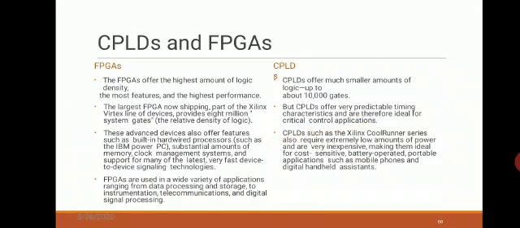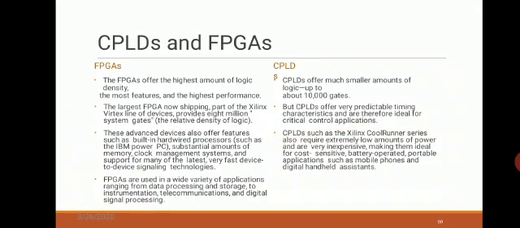There are more logic gates on these FPGAs, with the most features and highest performance. What about CPLDs? They have a smaller number of logic gates, up to only 10,000. As the name says, complex doesn't mean that it has more gates. Complex is written for a reason: a CPLD can perform a complex, specific function. That's why the name is given as complex programmable logic device. So here nowhere does it depend upon the number of gates.